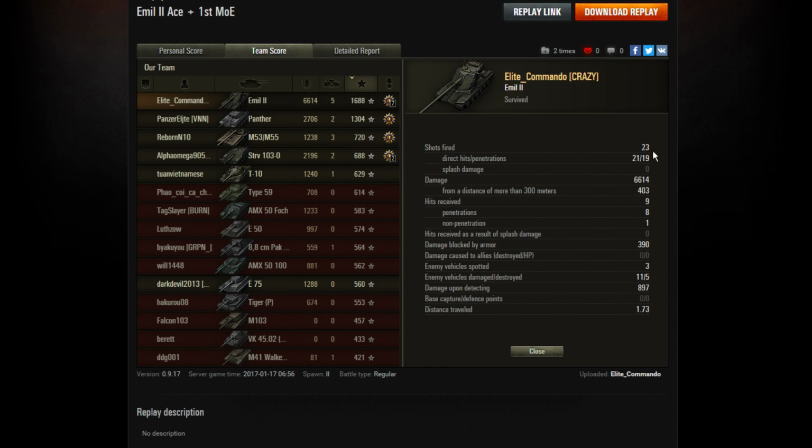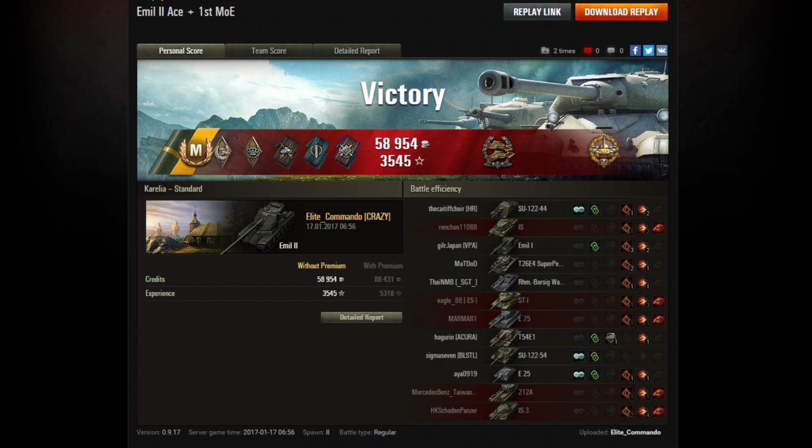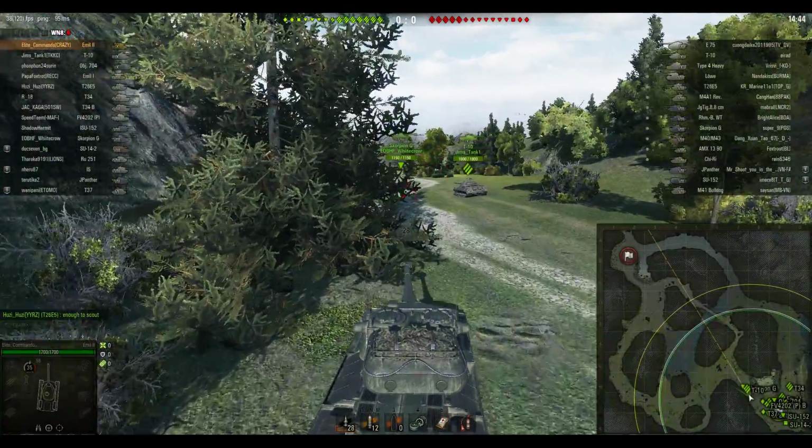can see he fired 23 shots, 21 hit, 19 did damage, and that was enough for an Ace Tanker Mastery Badge. Didn't make any money on it because he wasn't running a premium account, and he did fire a little bit of premium ammunition, but all in all a pretty good game from our mate Elite Commando in the Emil 2. As we move on to the second game in this double shot of Emil 2 action featuring Elite Commando